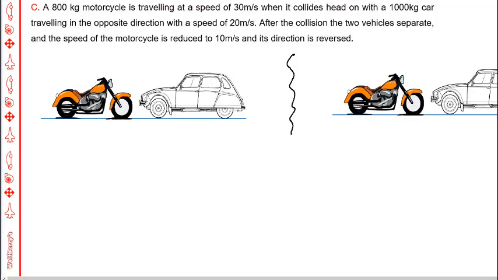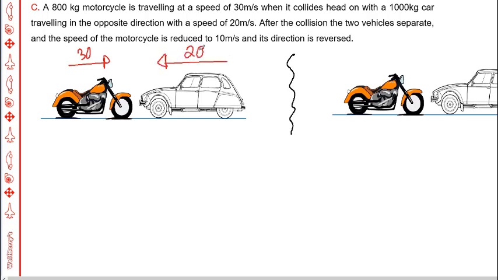So in this problem, we're going to use the principle of impulse and momentum in order to solve this problem. Here we have two vehicles crashing together. This is the before and this is the after. As they're headed towards each other, the motorcycle is traveling at a speed of 30 meters per second in this direction, and it collides head on with another car that's traveling at a speed of 20 meters per